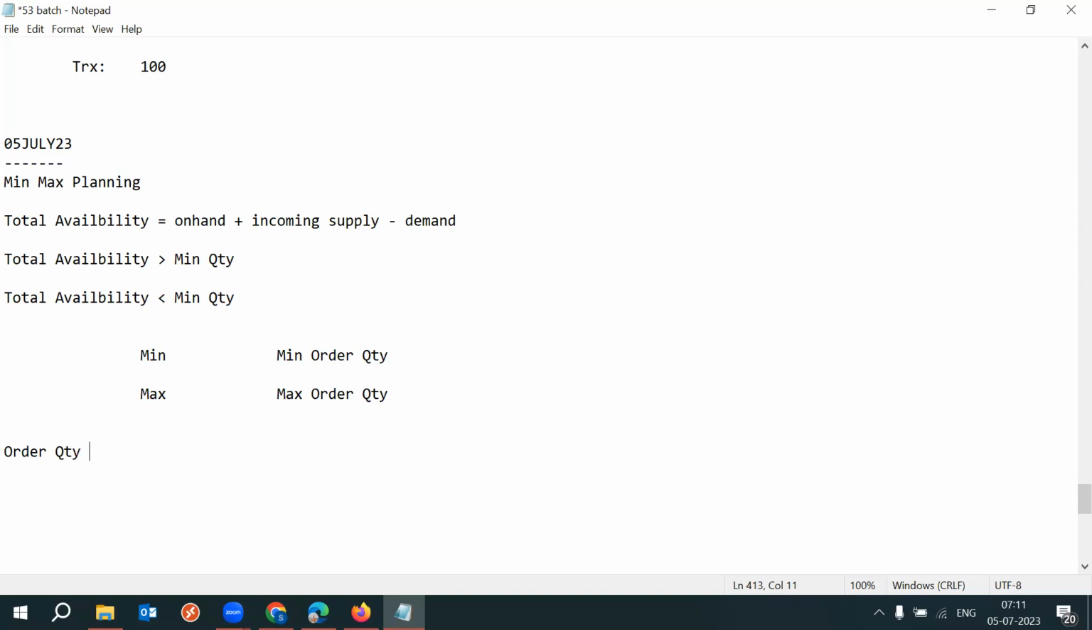Then order quantity is equal to the total availability minus the max quantity, which is nothing but the quantity that needs to be replenished from the source. So the minimax planning topic is nothing but, if any item's stock is less than the minimum quantity,